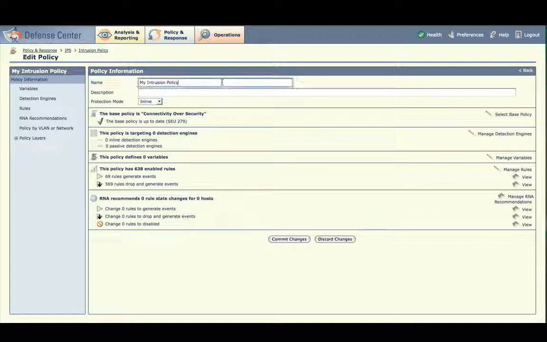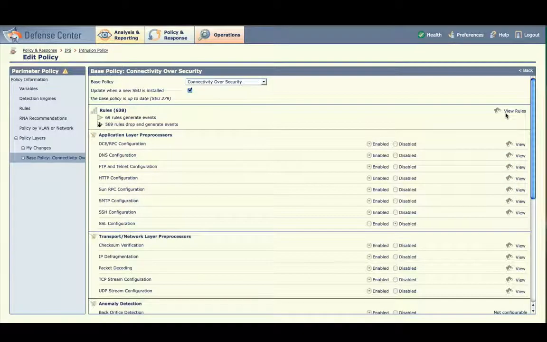Type in a name and description for the policy. We'll call it Perimeter Policy. We can leave the protection mode as inline. Click Select Base Policy. Your new intrusion policy is built from the VRT policy Connectivity over Security, which provides critical